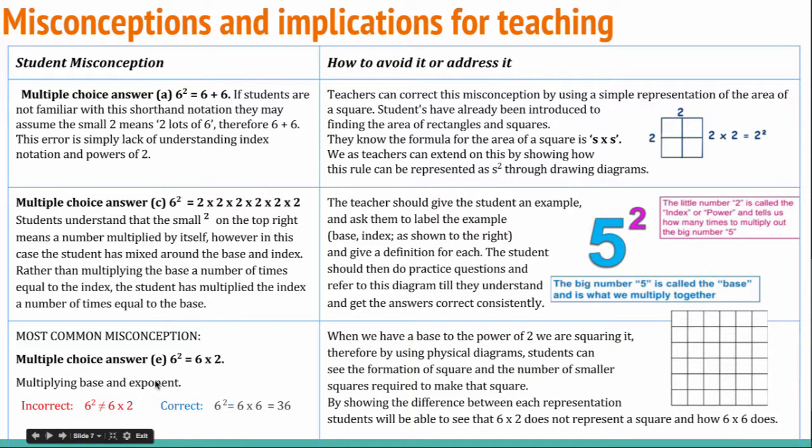As this is the most common misconception for students, we as teachers need to address it in a way that will make them understand on a deeper level. You cannot just simply say, that's the rule, so that's why it works. We must show them physically. Once students understand that the power of 2 can be referred to as the number squared, we can use this physical diagram to show how this actually works. So I'm now going to do a simple demonstration of how we can show our kids